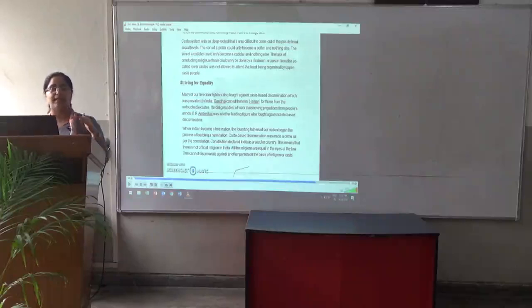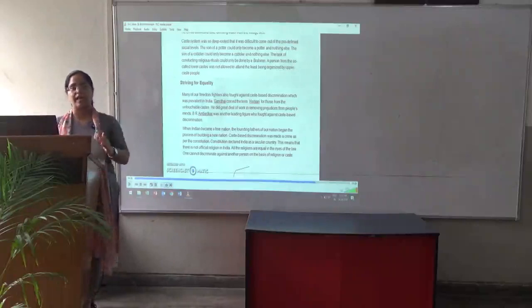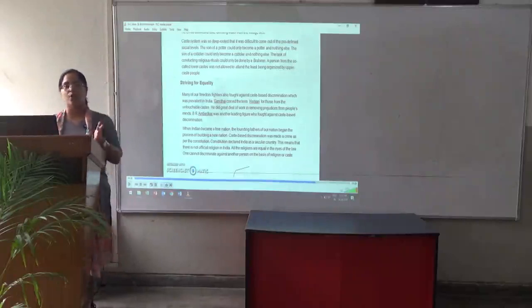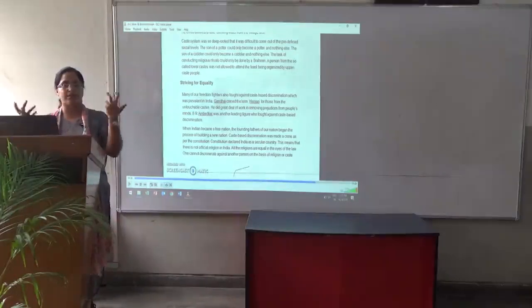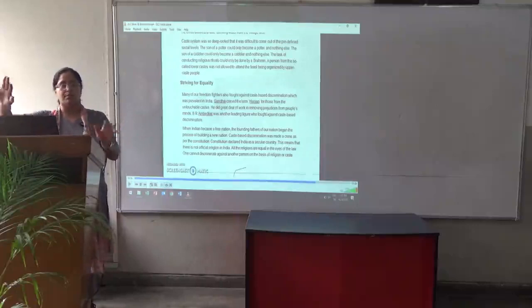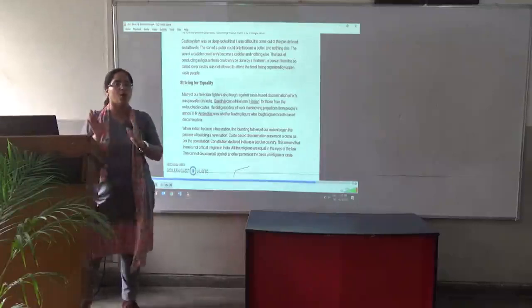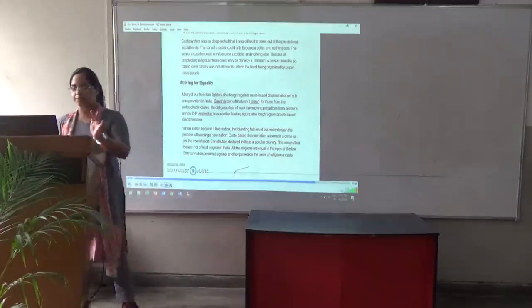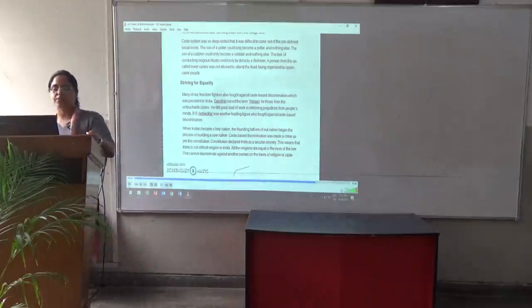The Brahmins at that time were at a very high level, and they used to always hold a stick while they moved in the street so that the scheduled classes would not touch them, and so that they could know if someone was from a scheduled class and walk a bit far from them. A person from the so-called lower caste was not allowed to attend the feast organized by upper caste people.